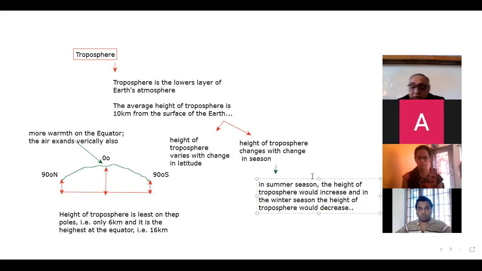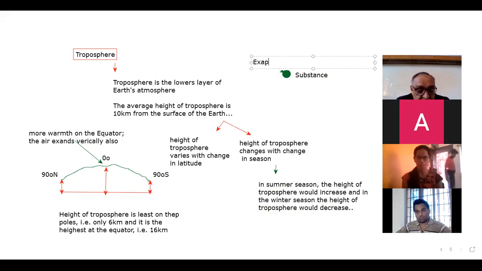Some of the students are asking that please explain once more. Let me explain once more. Let's suppose this is a substance which is lying here. When you heat up this particular substance, it will start expanding. Melting will take place and it will start expanding,